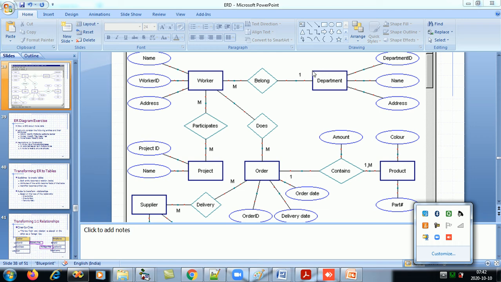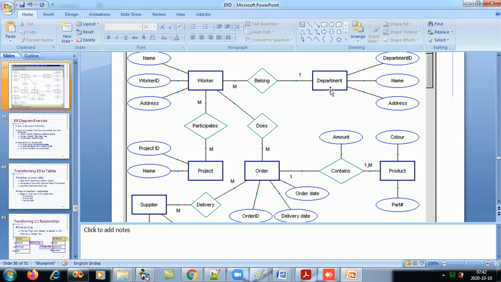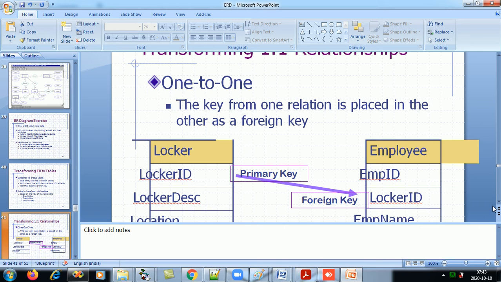these entities will become the tables of the database, and these attributes of the entity will become the columns of that table. And these relationships, the one is to many. So what happens over there is the primary key of the one table becomes the foreign key in the many table. So if I have an example, this is the example.